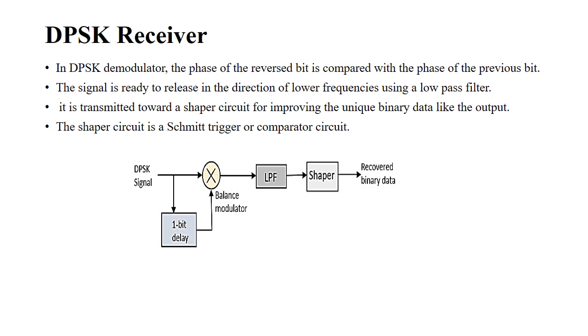Then the above signal is passed to the integrator. In the kth bit interval, the integrator output can be written. After the integrator, it is sent to the decision device. This decision device finds the recovered binary data and gives the accurate shape of the recovered binary data at the DPSK receiver output.